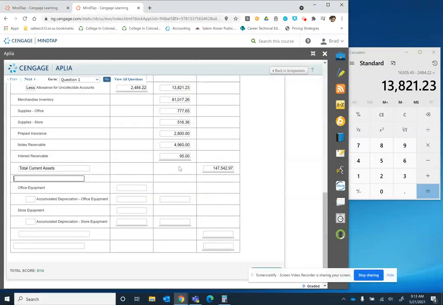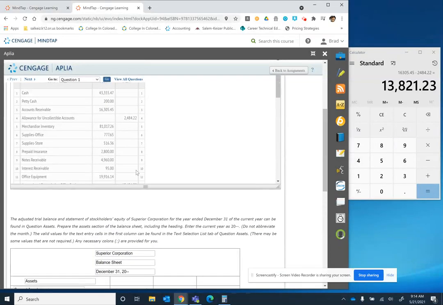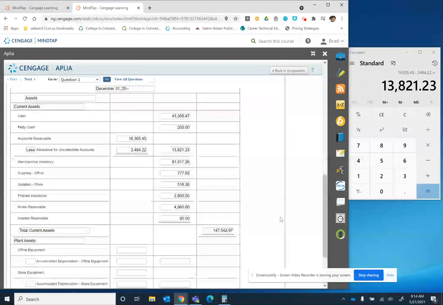The next section we have is our plant assets. Then we can come up and try to find our office equipment. Our office equipment is going to be $19,916.14. Now we're going to have to subtract that from the accumulated depreciation. So this will be less here. And that amount is going to be